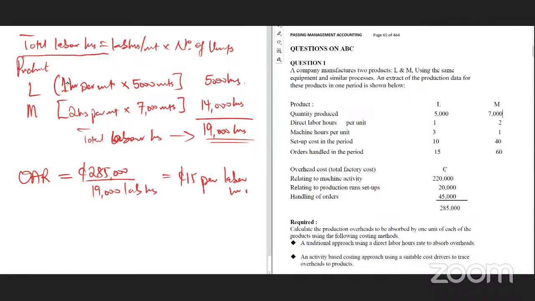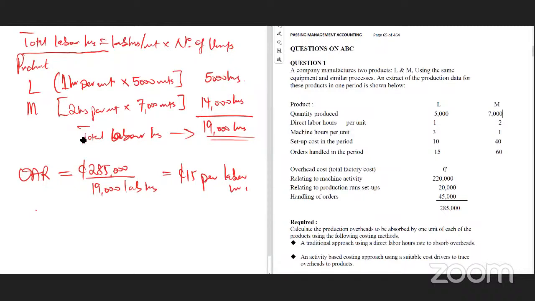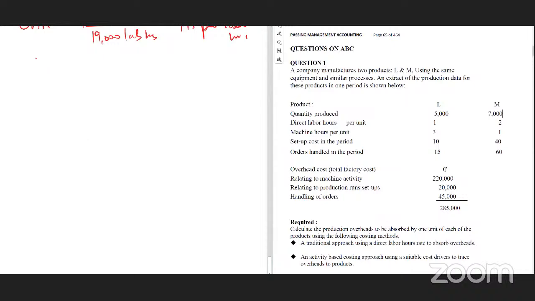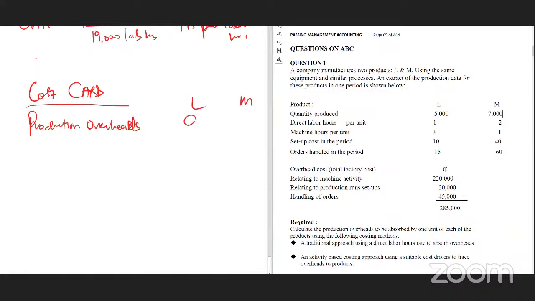Okay. So in that case, now when we assign it to the product, let's get the total overhead cost. Now, if I want the cost, right? So the cost card, I'm just doing a portion of the cost card. So under production overheads, I know that production overheads will now be what? The production overheads, so product L, product M. So let's just see how it will go. We didn't bring material and labor because we don't have it. So in that case, production overheads, we have